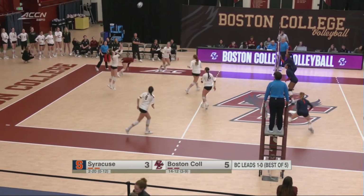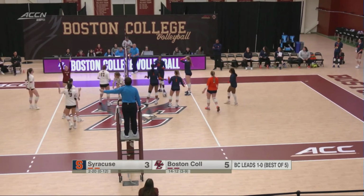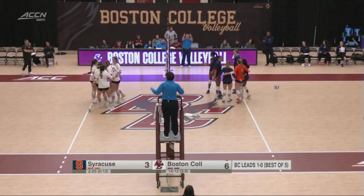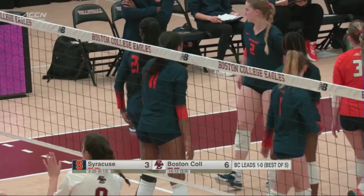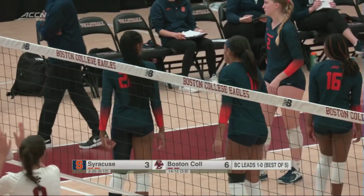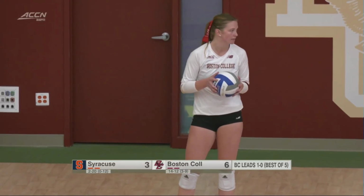Serve challenges Murphy. Schroeder will set it for Crabtree. Couldn't adjust on the fly. Oh, Syracuse, though, caught in the net. Boy, Crabtree was in a tough spot there, and the net call helps kind of bail her out a little bit. Yeah, certainly so. Was down, as you said, and was trying to recover, but